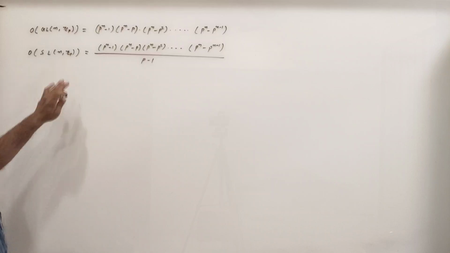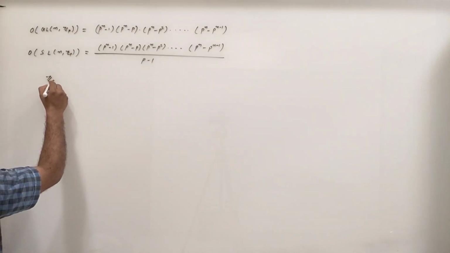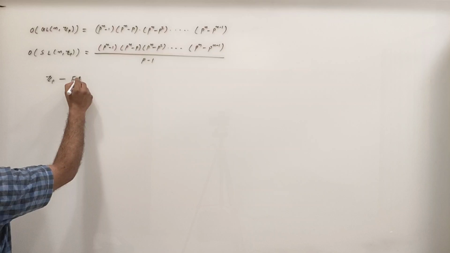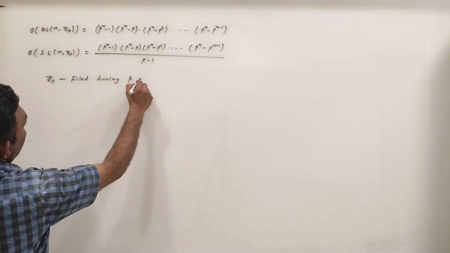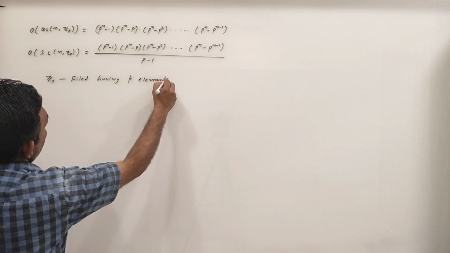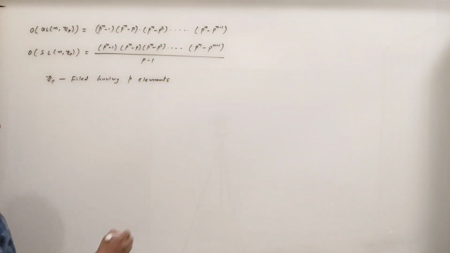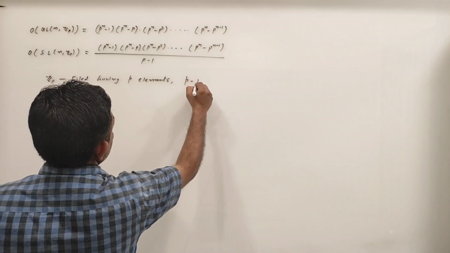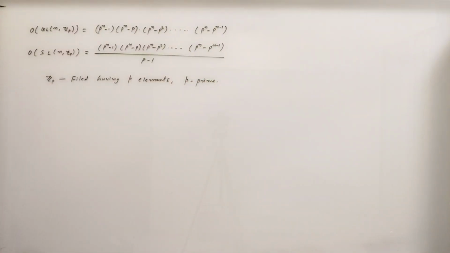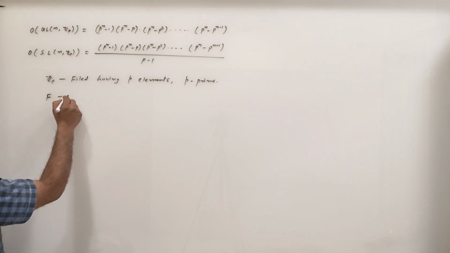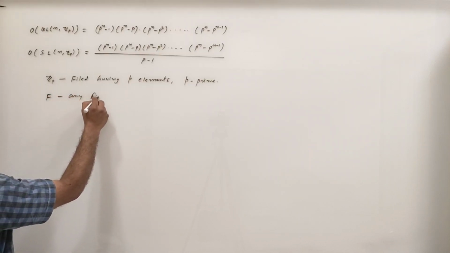Here Zp is a field having p elements, and of course p is prime. Now we know that if F is any field,